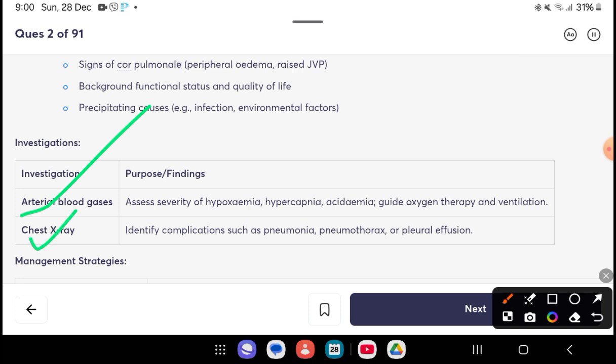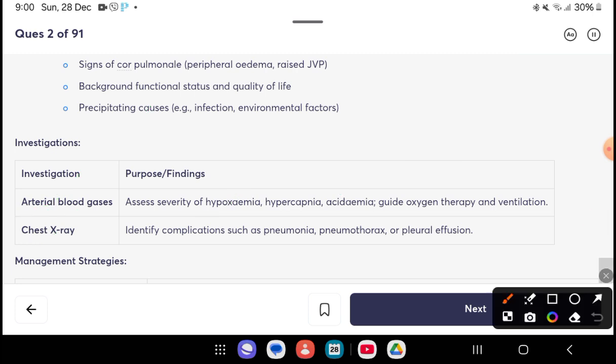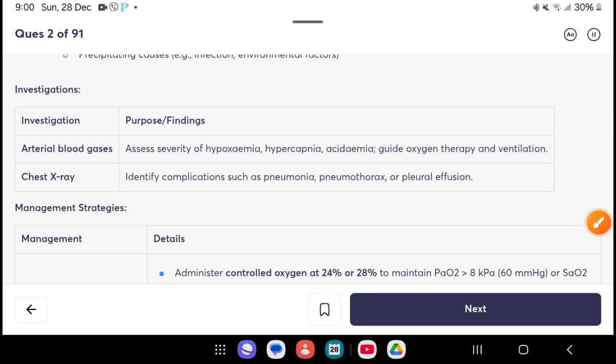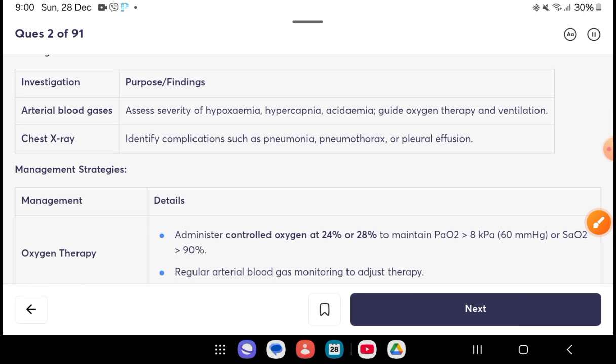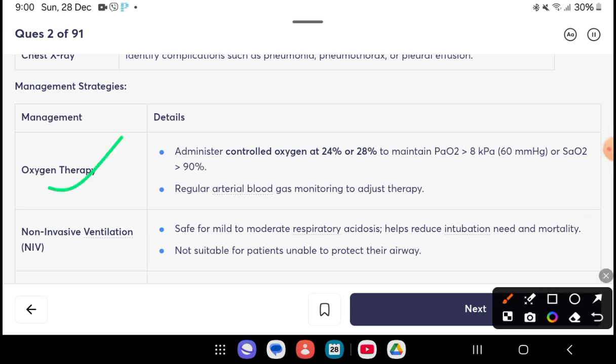In ABG, we can see hypoxemia, meaning a decrease in partial pressure of oxygen to less than 60 mmHg, and hypercapnia, an increase in partial pressure of CO2 greater than 40 mmHg. Okay, and chest X-ray identifies complications like pneumonia, pneumothorax, and pleural effusion. And the management of COPD in detail: the patient is given oxygen therapy to increase the partial pressure of oxygen. Okay, and